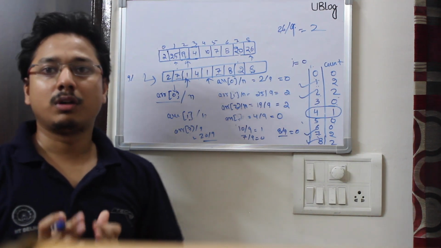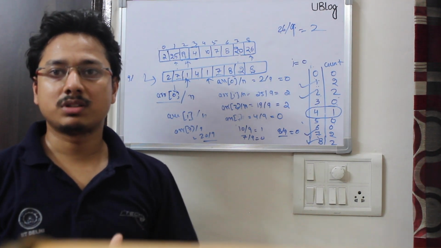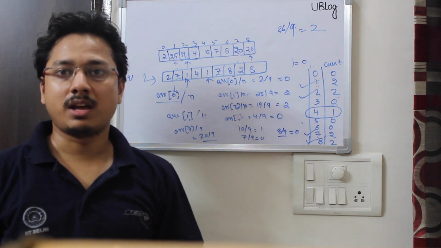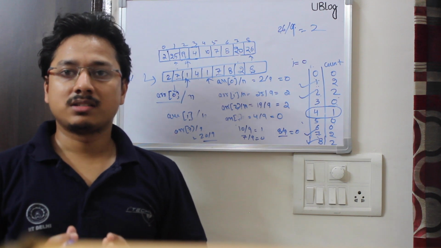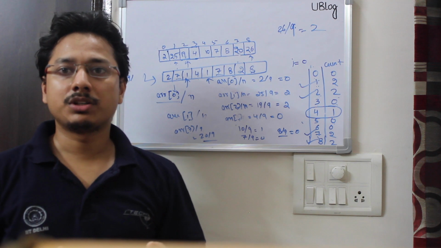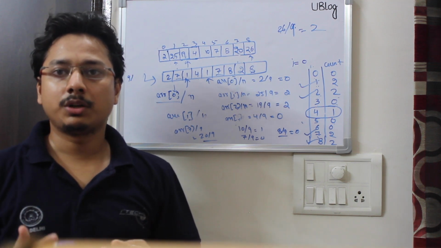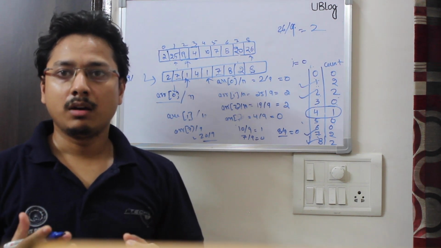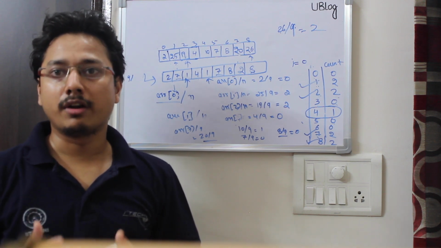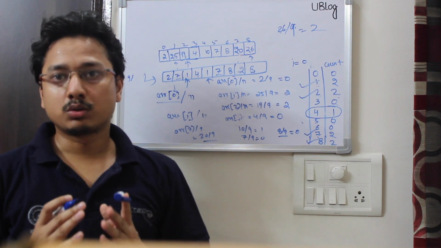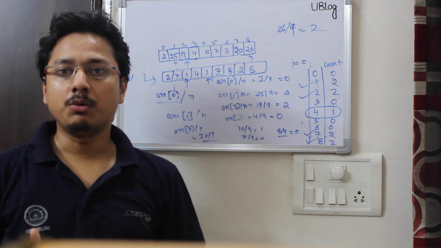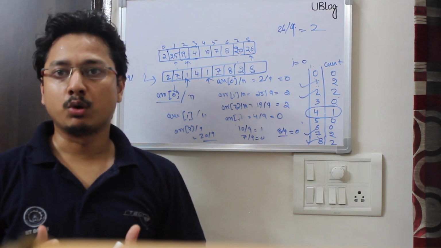So this is how we solve the question in O(n) time with constant space, and in the end we also modify the array back to the original array. This is a very tricky question and it was asked in a big product based company. I hope this is clear to you now, and there are multiple versions of this question. One version is: given an array which contains both negative and positive numbers, you need to find the first non-repeating positive number. You can solve this using the same technique. Try to solve it, and if you have any doubts, please post in the comments and I'll be more than happy to solve it.